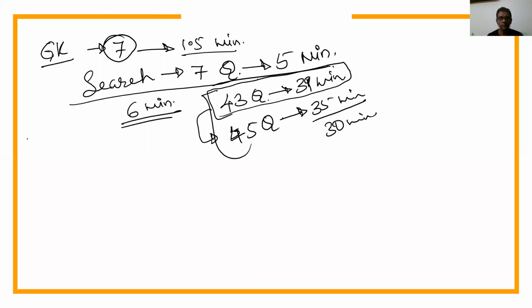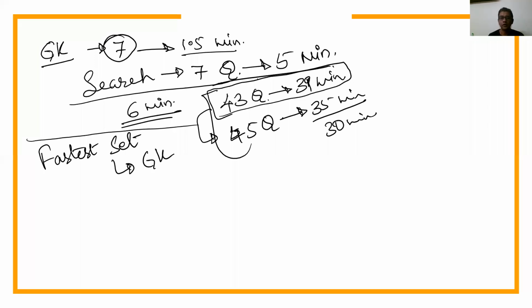So it's always important, or we always do this, that we always start with the fastest set. Fastest set is always GK for me, okay? Irrespective of whether I know GK or I do not know GK. The next fastest set is the questions where I am very, very strong, which is my strength. It may be physics, chemistry, maths, English, or anything that I'm very strong at. Are we clear till here, guys?